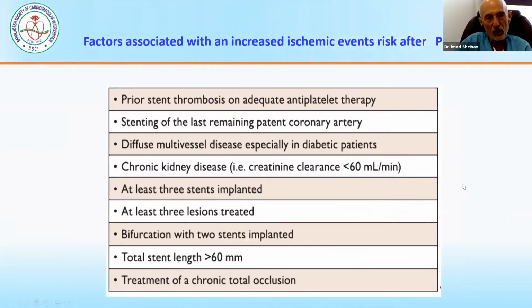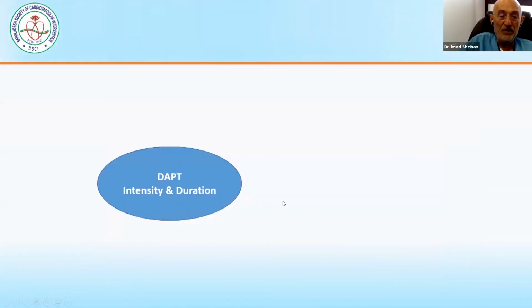And we have also factors associated with an increased ischemic event risk after PCI, like prior stent thrombosis or inadequate antiplatelet therapy, stenting of the last remaining patent vessel, diffuse multivessel disease, chronic kidney disease, extensive stenting, and bifurcation, as well as total occlusion with long stents, that means more than 60 millimeters. And DAPT